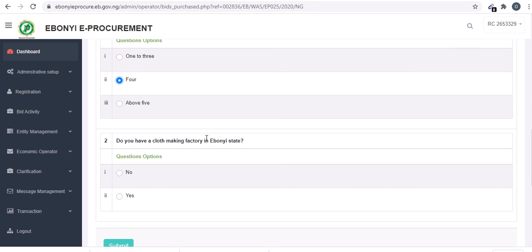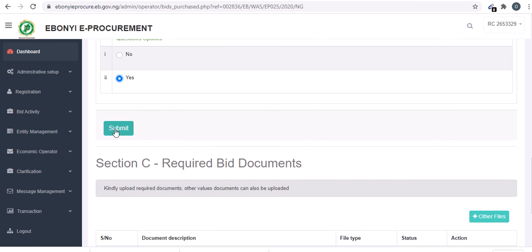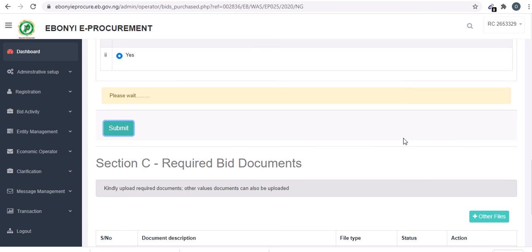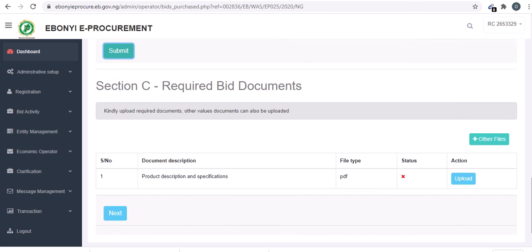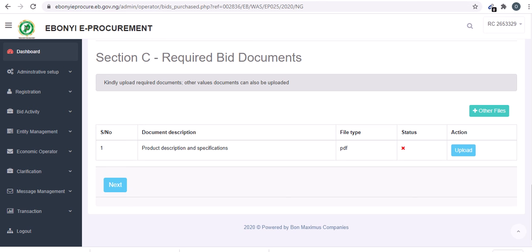Then, do you have a cloth making factory in Ebonyi State? Yes or no. If you have, you say yes. If you don't have, you say no. Then when you are done, you click submit. You must click submit so that your details will be sent to the procuring entity or the MDA. So the next is